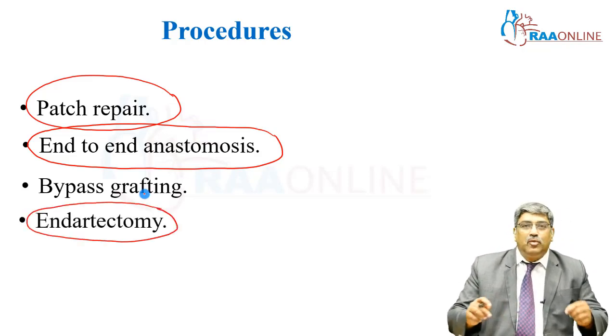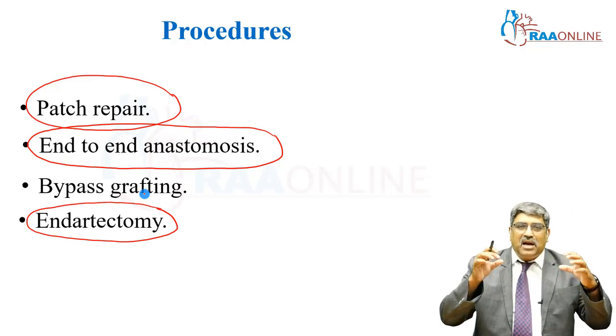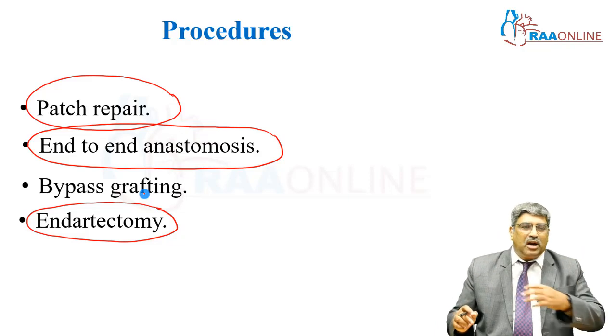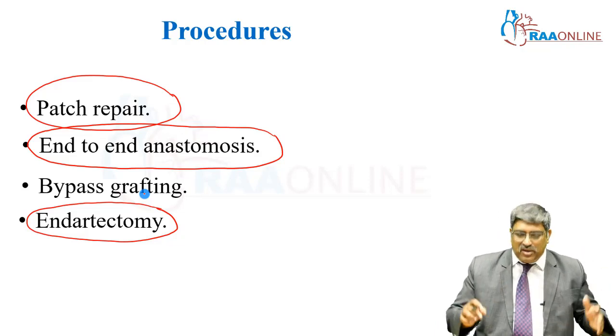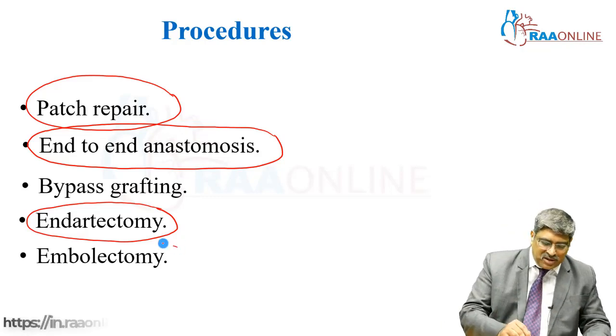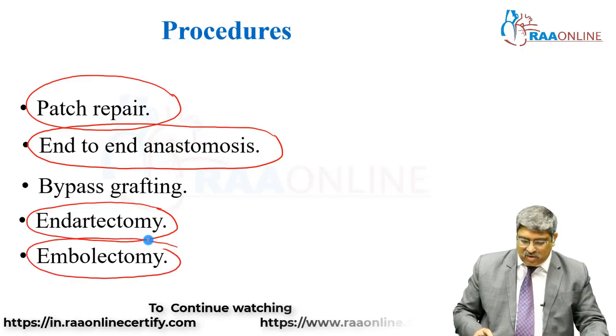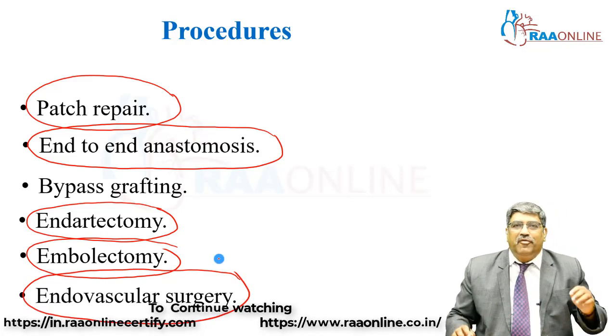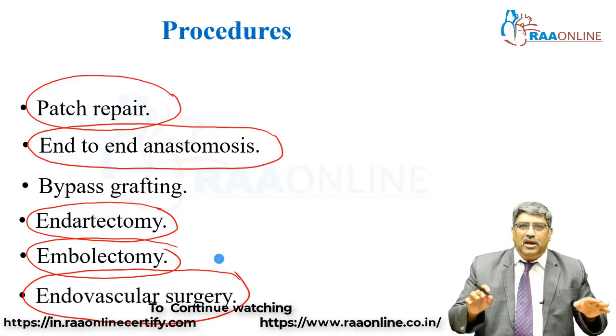Endarterectomy. You remove the plaque. For example, a plaque is causing an obstruction in the carotid artery. You open the carotid artery and you remove the plaque. That is called the endarterectomy. Or you try to remove the embolus using a Fogarty catheter. That is called embolectomy. And nowadays, endovascular surgery has become very prominent, overcoming the open